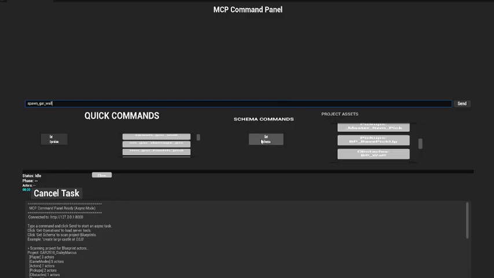But now this is automatically searched. It automatically scans your project by using Unreal's Asset Registry, and then assigns them